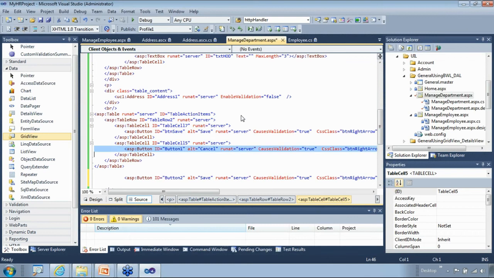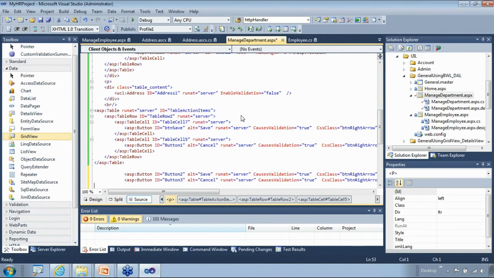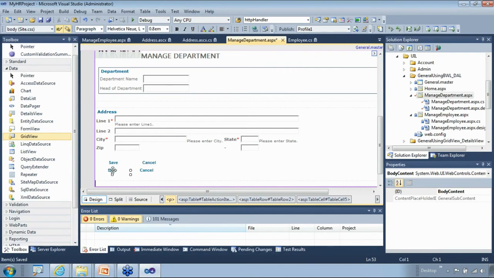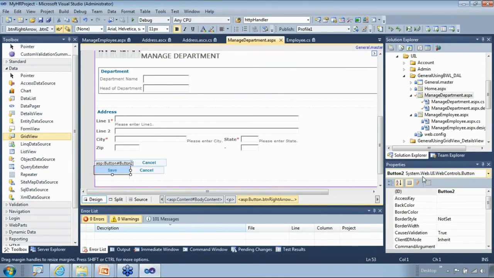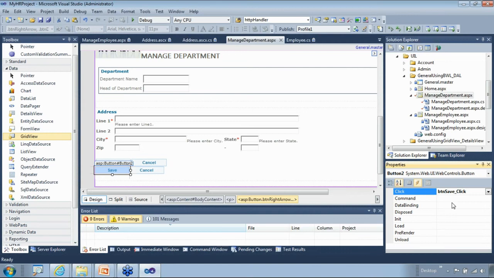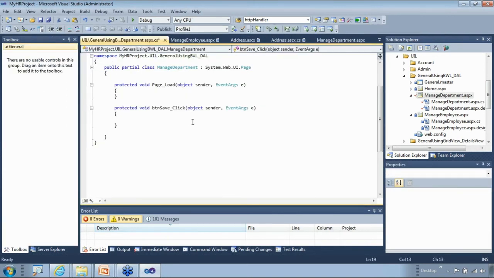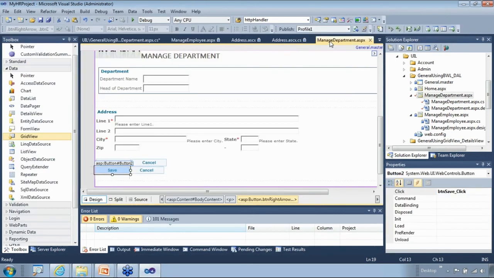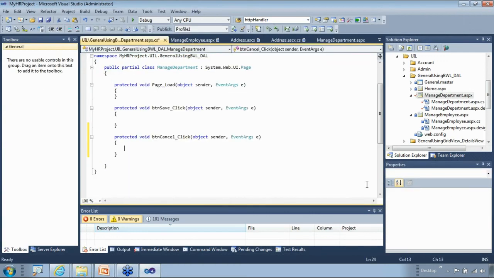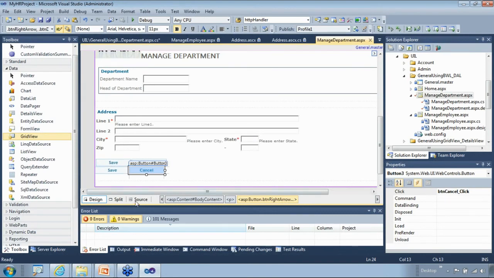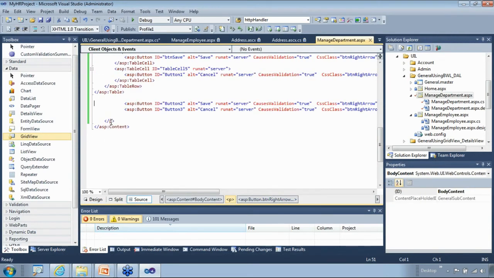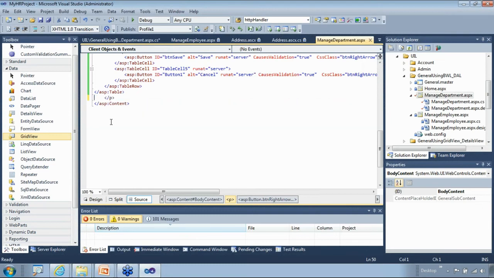for now, and save this and go here, and now the controls are available. Now I can access any of the events of the respective click. Since I already assigned a click event there, it's there. I just have to double click here and I have the body in my code. Similarly, I will go for cancel and double click here and I have the body. I just care to have the body, and the rest is going to be done by myself, right? So now it's good to take it back,